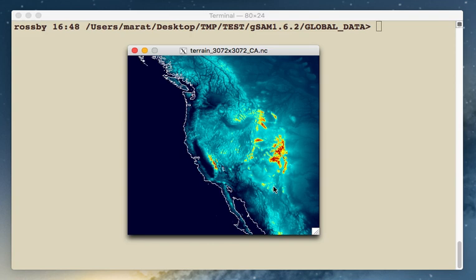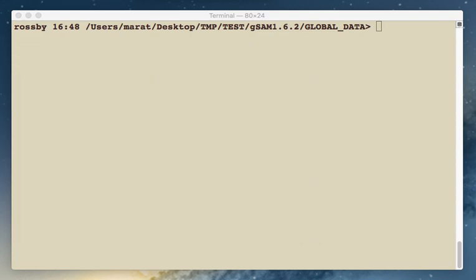If you read the SAM user guide, you know that the number of grid points, especially in X direction for latitude longitude grid, cannot be arbitrary. It should be divisible by 2, 3, and 5 for fast Fourier transformation to work. So this is a very nice number. So we will use this number of grid points, and first what we do, we go to global data directory in our gSAM